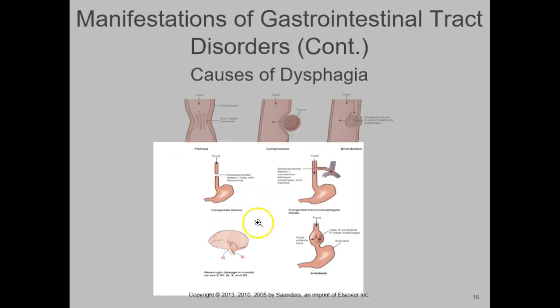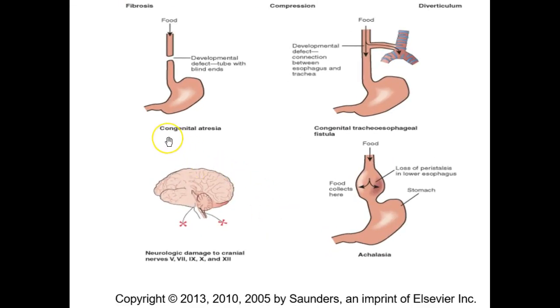I think it's atresia, but I want to make sure I'm getting the word right. Congenital atresia. Remember your embryology, where you're a series of tubes on tubes on tubes at a certain stage. You do have a gut tube from mouth to anus. It's all one tube, and it is possible to have a lack of connection between one part of the tube and another.